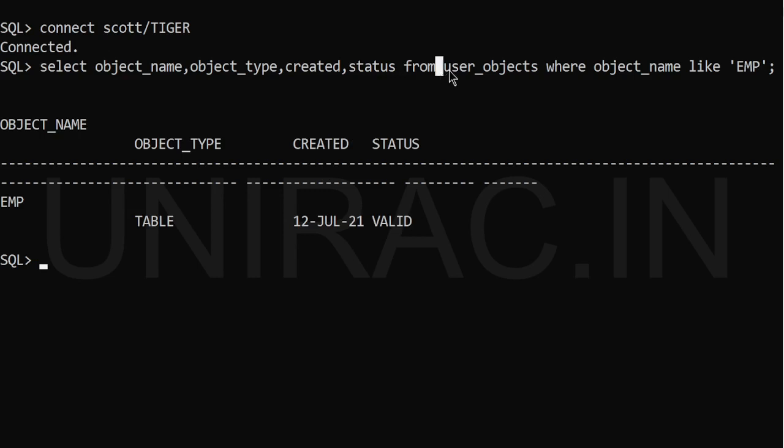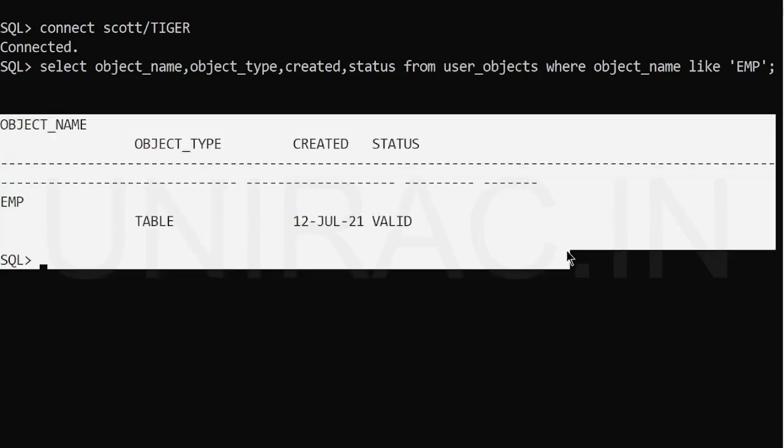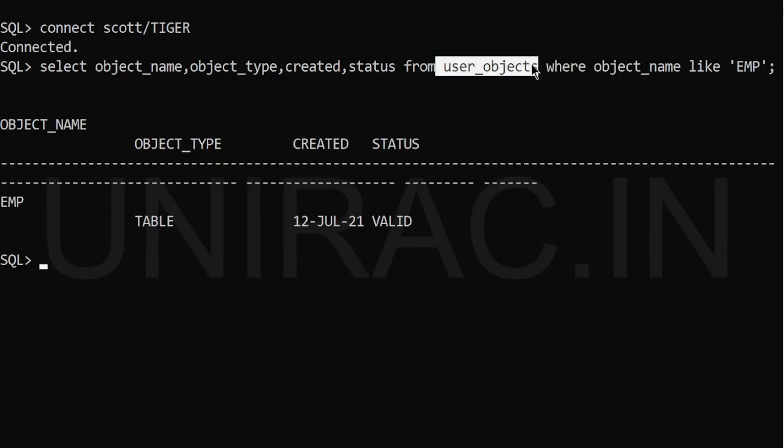In such a way we can retrieve the metadata information from the dictionary tables. So USER_OBJECTS is one of the examples we have seen from the dictionary tables. We can retrieve the metadata information.